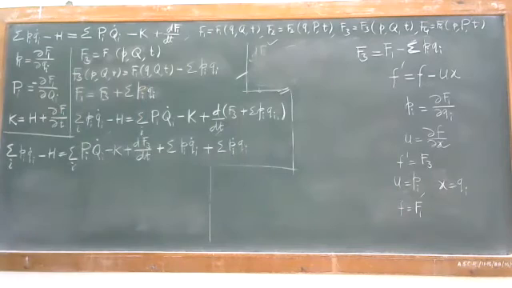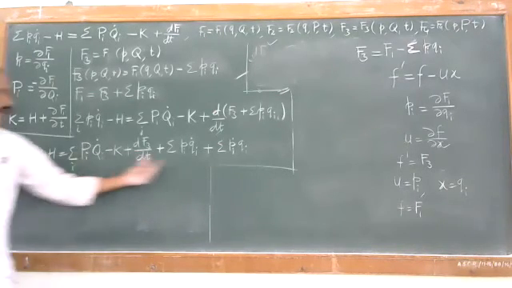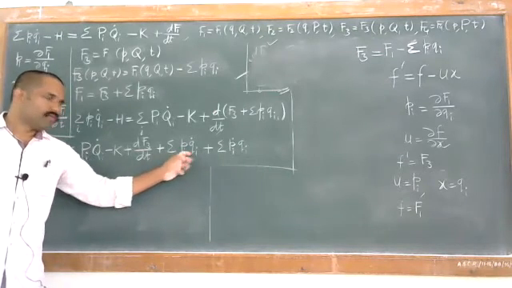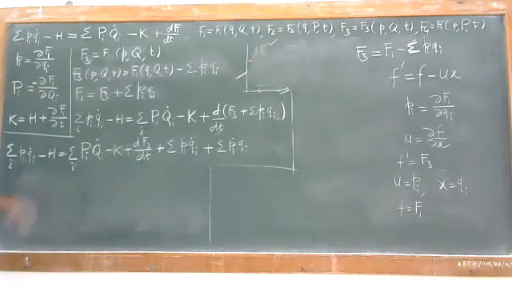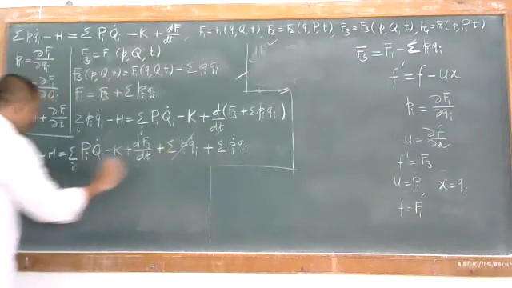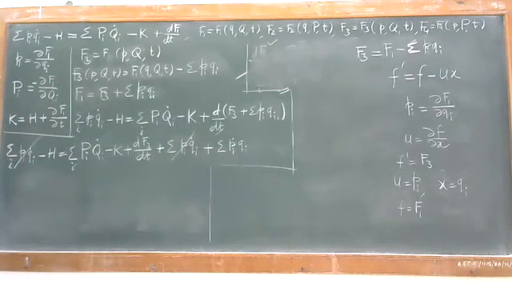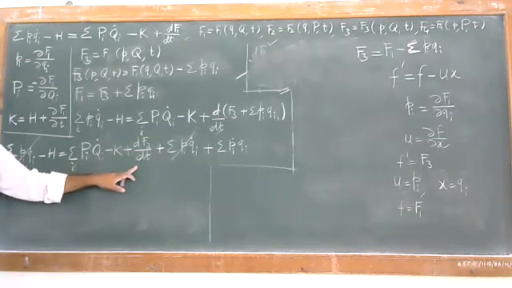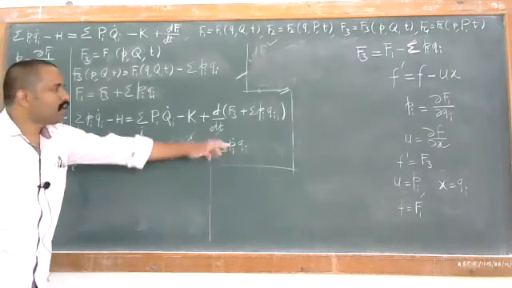Okay, so you have that equation. Now just check it out here. We have a term that is summation over i of p_i q_i dot, that is positive, and we can have this term, summation over i of p_i q_i dot. When this gets transferred to your LHS, this will get cancelled out. Okay, so we have an equation in terms of minus H is equal to summation over i of P_i q_i dot minus K plus df3 by dt plus P_i dot into q_i.